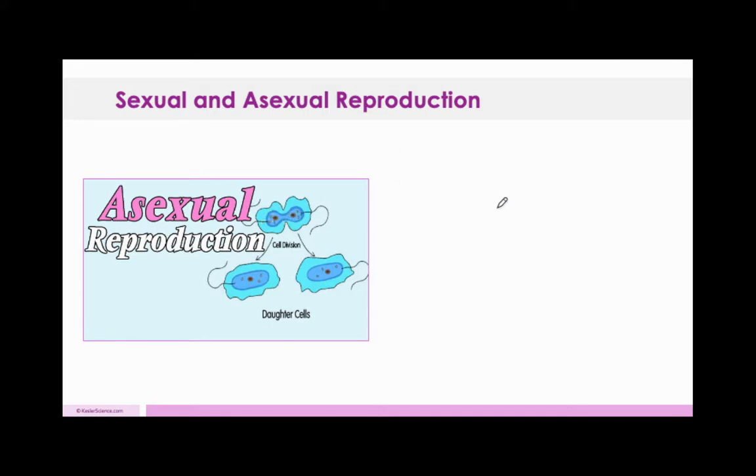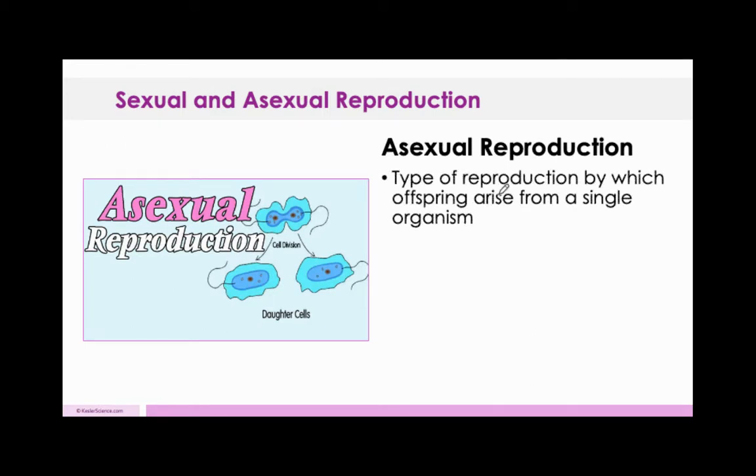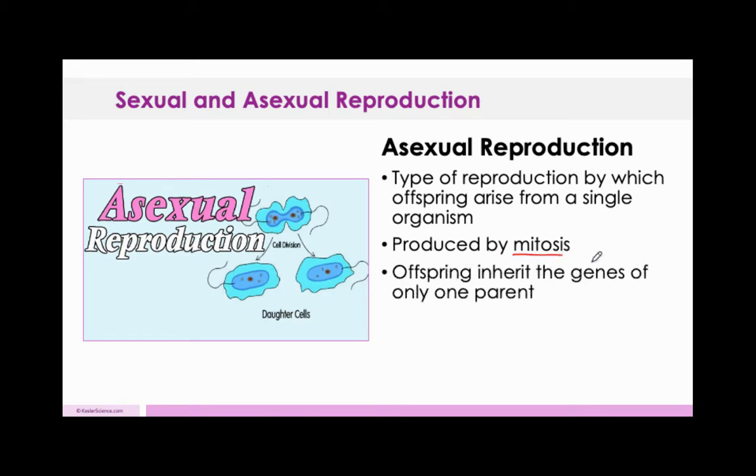Now, sexual and asexual reproduction. Let's focus on asexual for a minute here. Asexual reproduction is the type of reproduction by which offspring arise from a single organism. This is produced by mitosis. We will talk about mitosis in a second. Offspring inherit genes of only one